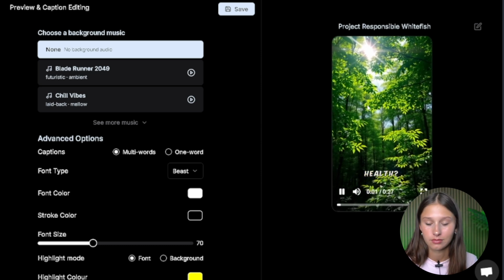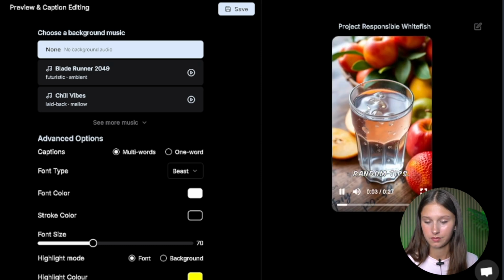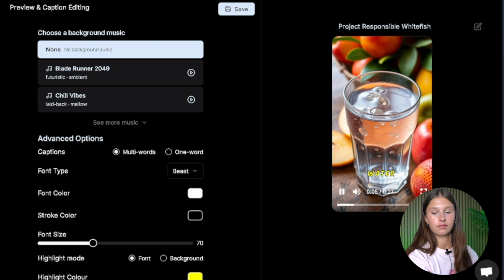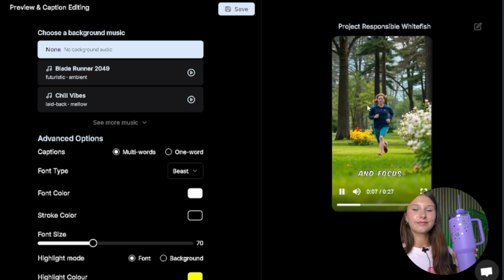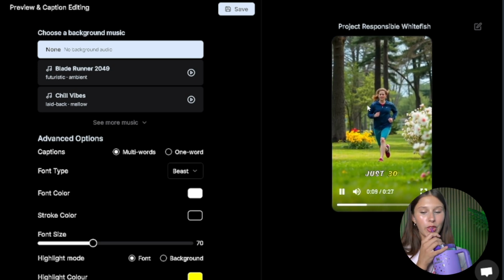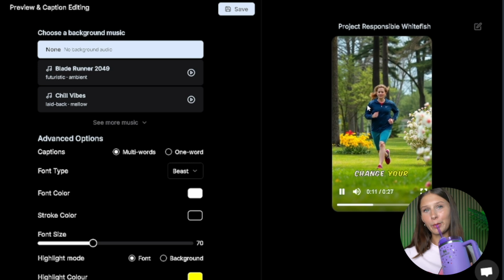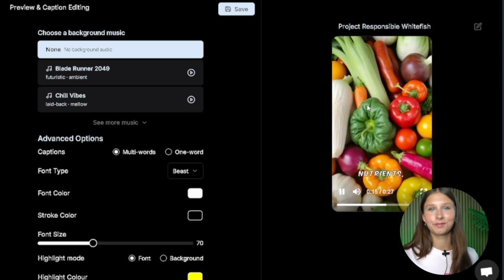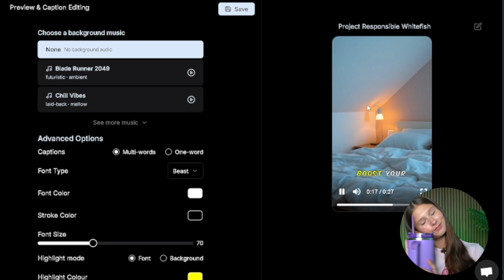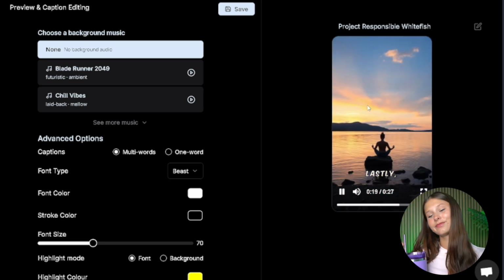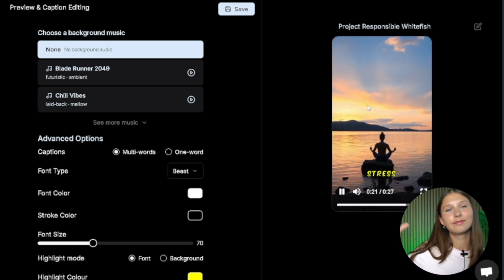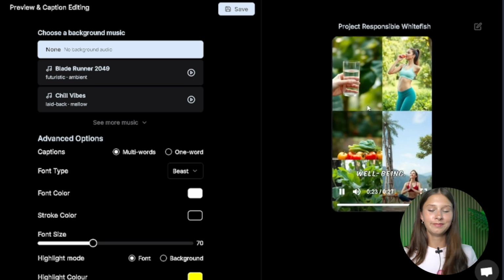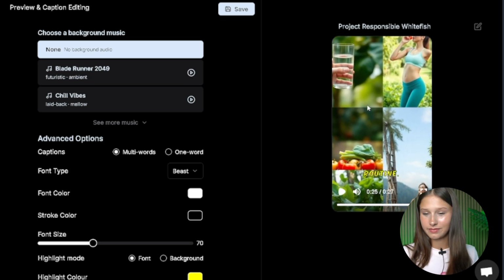Want to boost your health? Let's dive into some random tips. First, hydrate. Drinking enough water improves energy and focus. Next, move your body. Just 30 minutes of exercise daily can change your life. Don't forget your veggies. They're packed with essential nutrients. Sleep well. Quality sleep boosts your immune system. Lastly, practice mindfulness. It reduces stress and enhances well-being. Incorporate these tips into your daily...